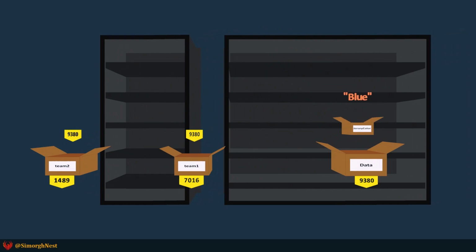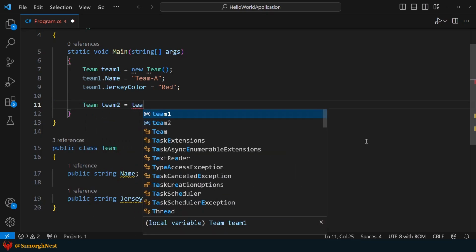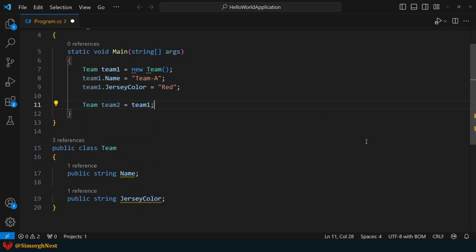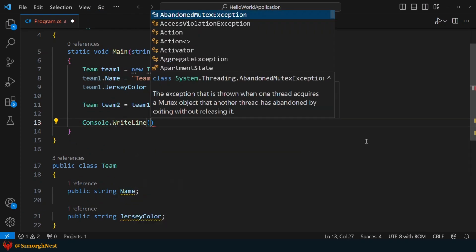To confirm this behavior, let's give you an example. Okay, here, let's declare another variable of type team and assign the team1 variable to it. After that, we'll print the jersey color of both team1 and team2 objects.